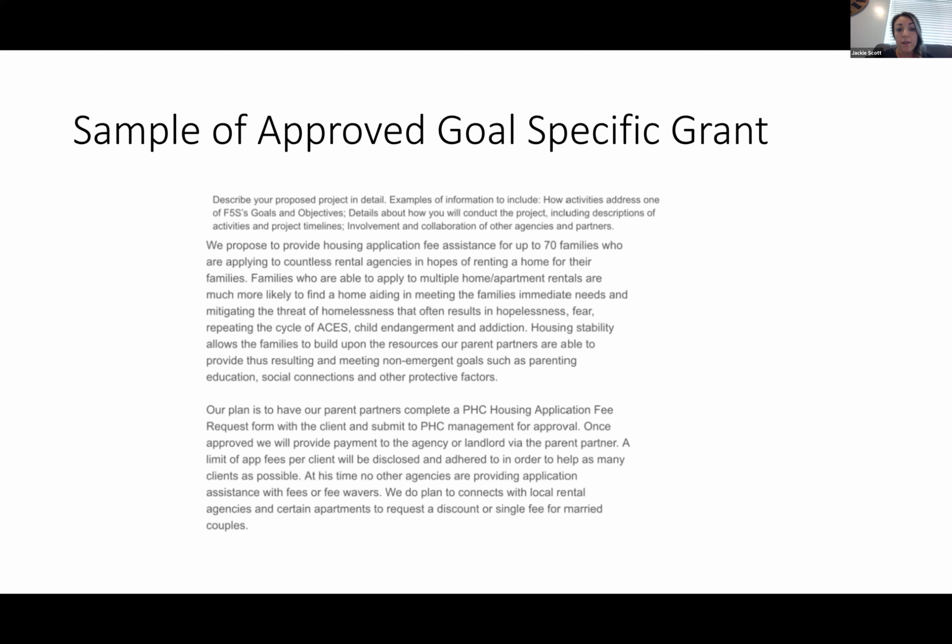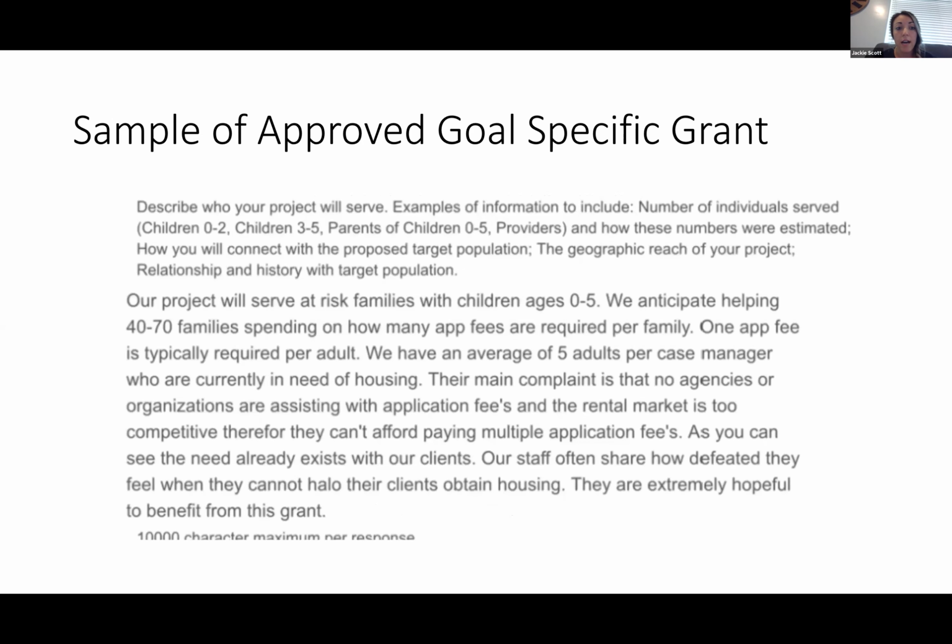Their plan, they state here, is to complete the housing application fee request. Basically they're paying for those housing application fees, and they talk about the importance of that and the ramifications if they don't have this type of service or support. I won't read the whole thing to you, but they give us all the information here. And then we ask who the project's going to serve, the number of individuals. So they're anticipating 40 to 70 families, depending on how many applications they need per family, there could be 2 or 3